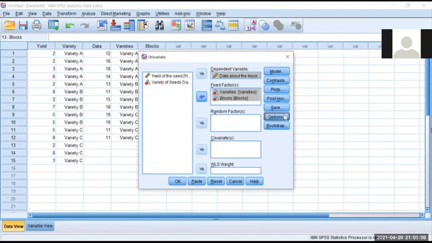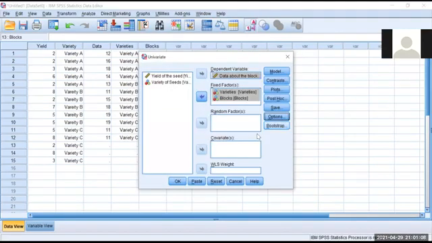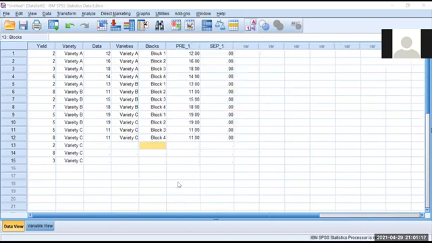In options, I'm not going to take any options here. We are not going to do anything with this. We don't need to go into it technically. From the output table, you know how to interpret, that is enough. So after that, give okay. You will get the output table. I'll show the output table. Yes, you got the output table, right?